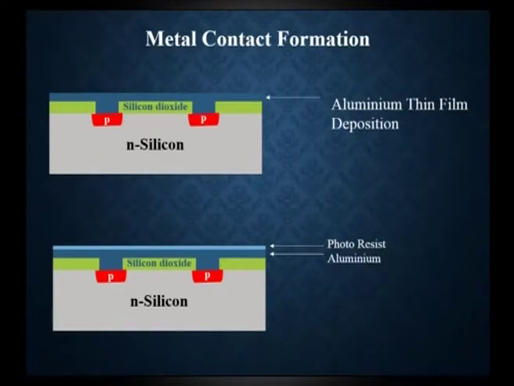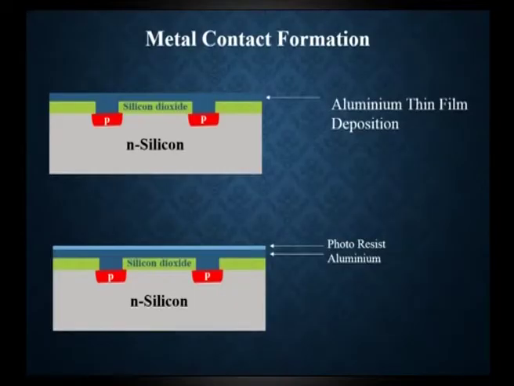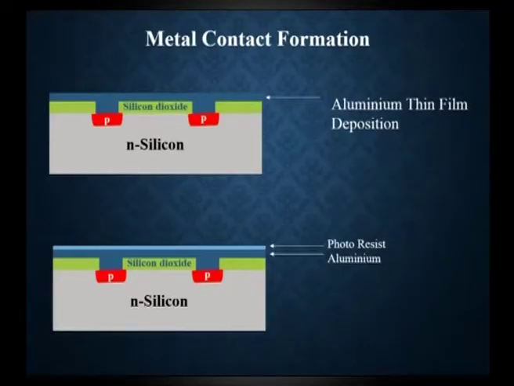Next is the metal contact formation. The second photolithography is performed. When the second photolithography is performed, we get the metal interconnection that has to be made for the silicon PN junction diode. Very first, N type is formed, after that P type is formed due to the diffusion of impurities. After that, again photolithography is used to get the photoresist layer, where we get the design structure on top of it, for further metal interconnection.